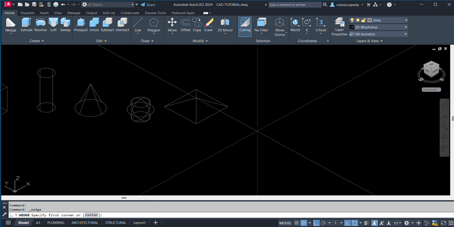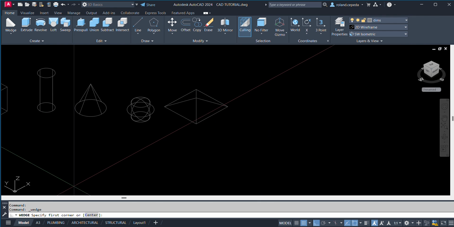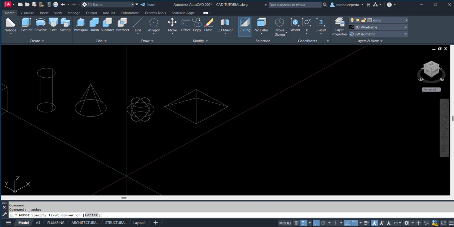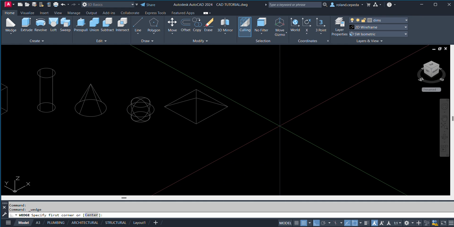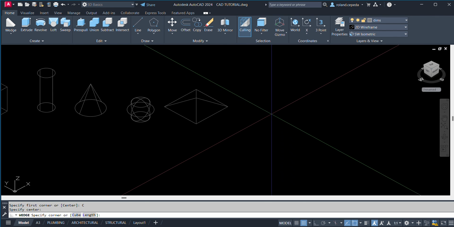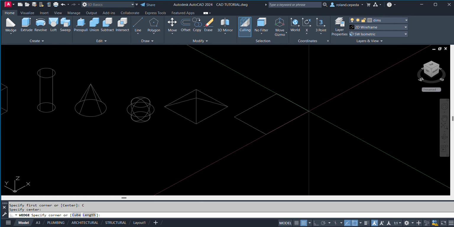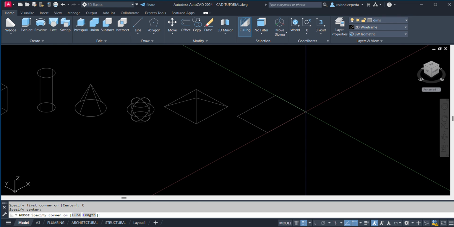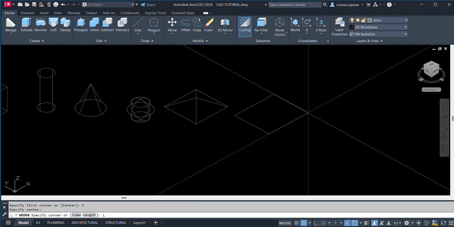Let us try wedge. Specify first corner or center. Let us say center, space, and then specify center point. Just left click and then specify corner or length. Let's try length, space.